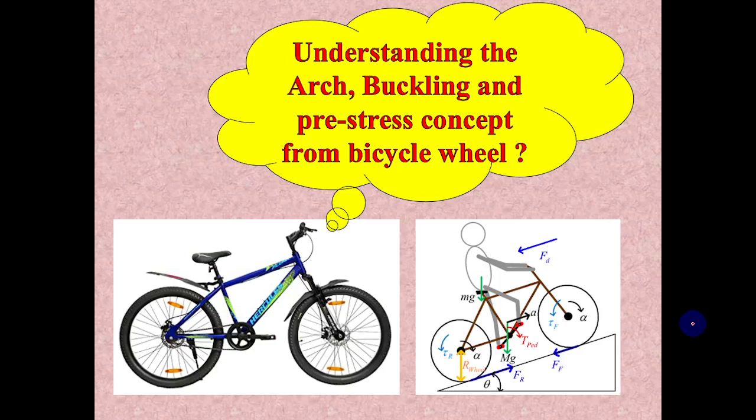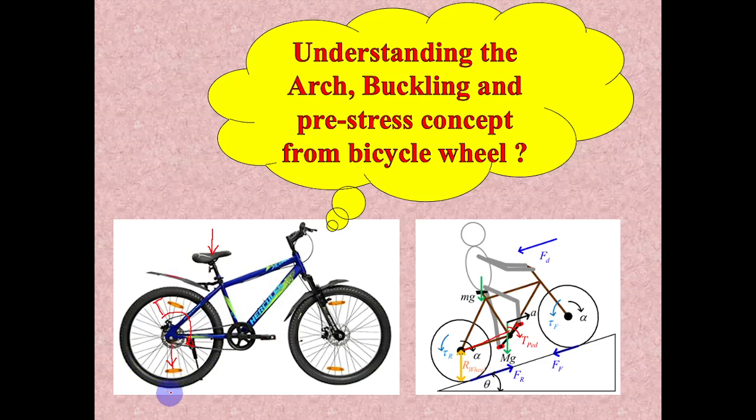Bicycle wheel is a wonderful invention. When we apply some load W here, this W will reach the hub through this frame. When we start pedaling through the chain, a torque is also generated in the hub. So the combined vertical load W and the torque T are transferred through these spokes and this circular rim outer ring